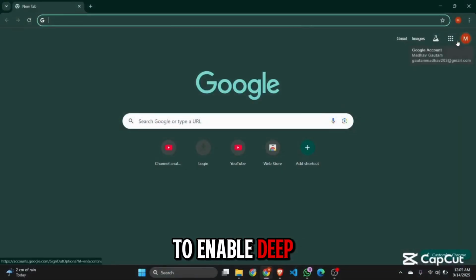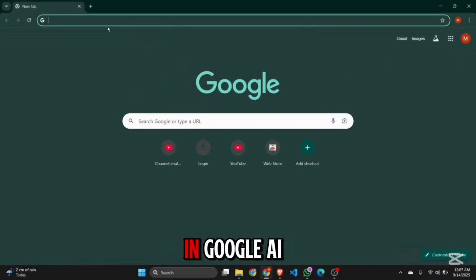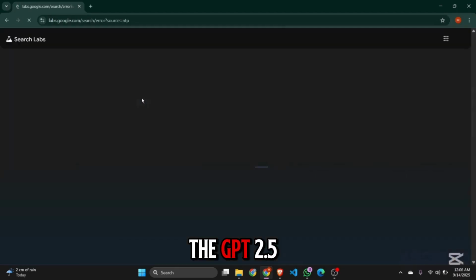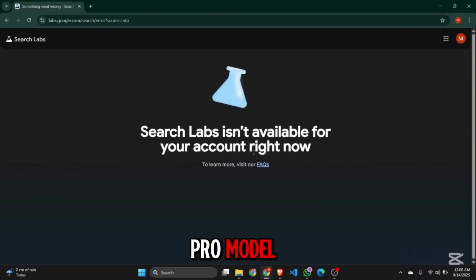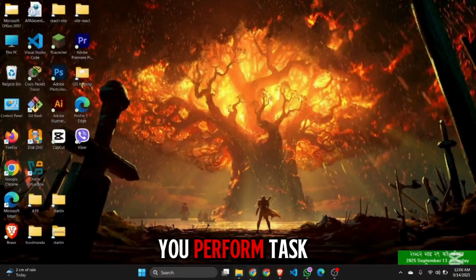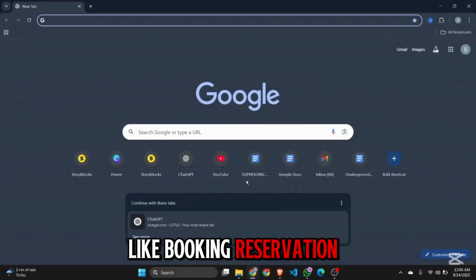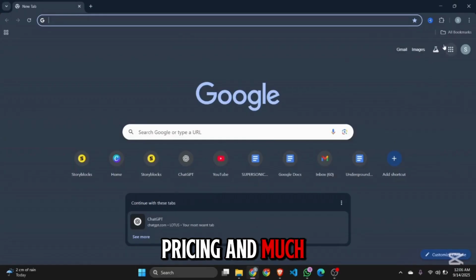How to enable deep search and task automation in Google AI mode. Deep search is a more thorough research mode in Google AI mode that uses the Gemini 2.5 Pro model. And task automation means letting Google help you perform tasks like booking reservations, checking pricing, and much more rather than